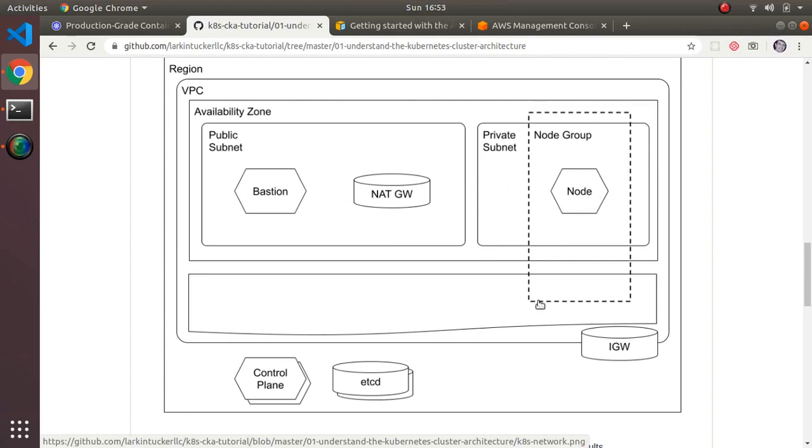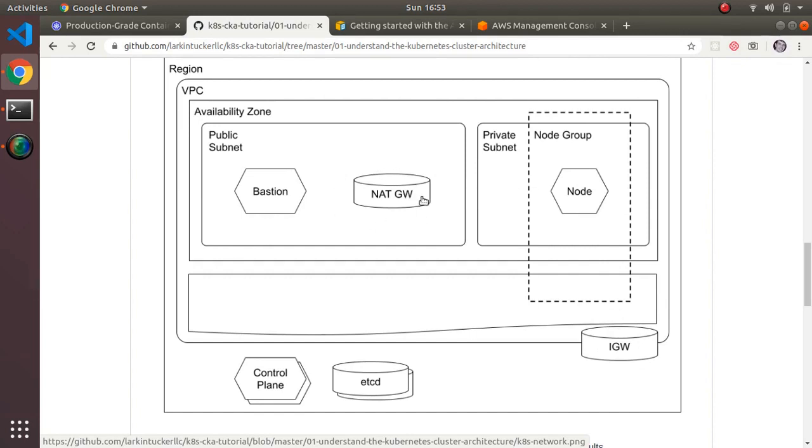And the term that Amazon uses, this is more of an Amazon term, is that the auto-scaling group that automatically manages your number of worker nodes is called a node group. So when you create a node group, it creates an auto-scaling group to manage the number of nodes. Okay, so that goes in your private subnet. And then, of course, because you have a private subnet and a public subnet, as part of your build, you'll get an internet gateway for the public subnet, and you'll get a NAT gateway that manages your traffic